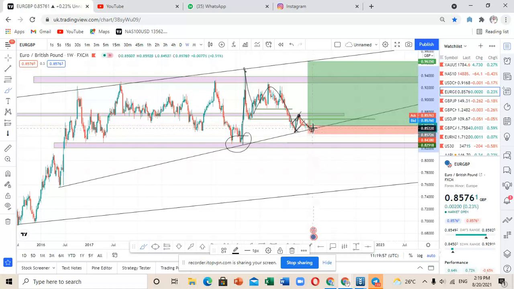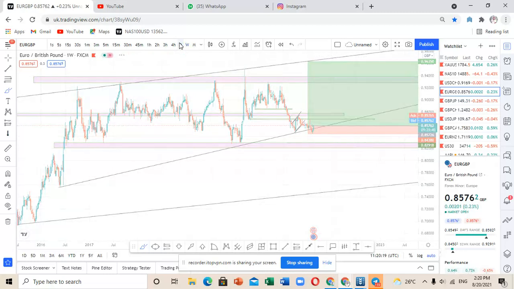Currently we are expecting that the markets are going to break out to the upside and come to this point. Because it is a very strong point of resistance, the markets are going to move below this point, come to this point of support, and later make a breakout, touch this trend line, and continue moving to the upside. I think that was helpful when it comes to the weekly time frame.